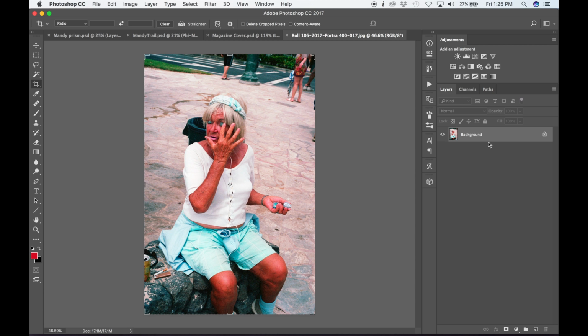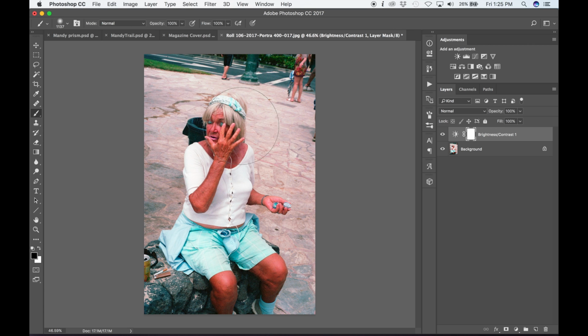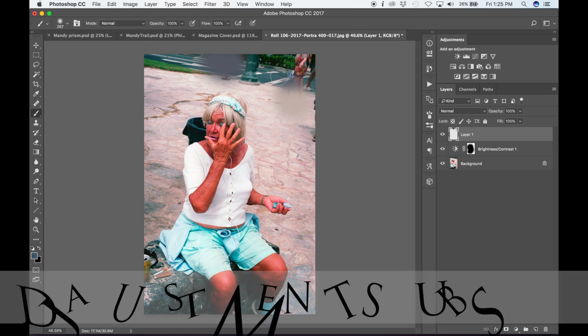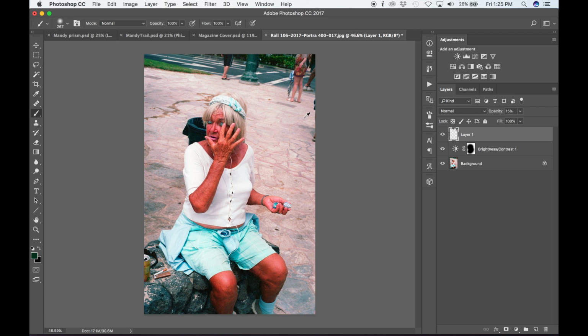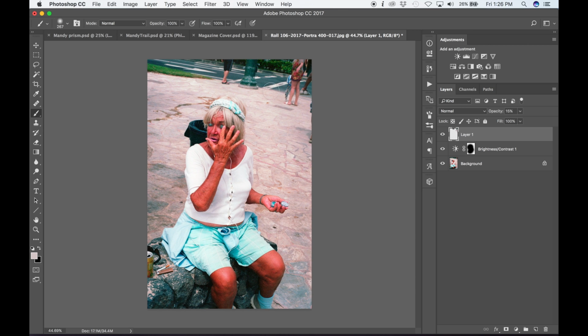If we're in Photoshop and we want to reduce the contrast, we can just go up here, reduce the contrast just a little bit, and then pencil out just this woman, and then keep the contrast just on her. You can also take a brush. Let me just sample this. And then drop this down real subtly. We're removing the contrast of those people in the background. Same with this one. So it's real subtle, but it's not removing them, it's not cloning them out, and it's